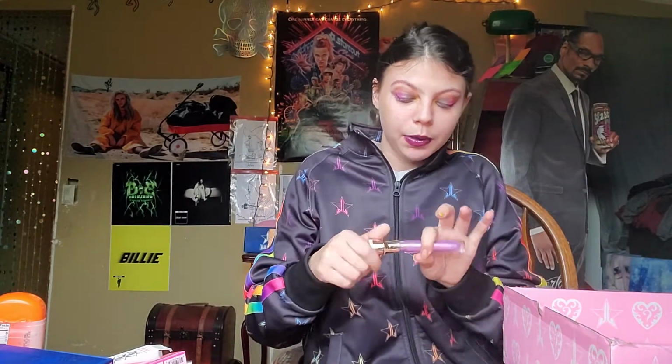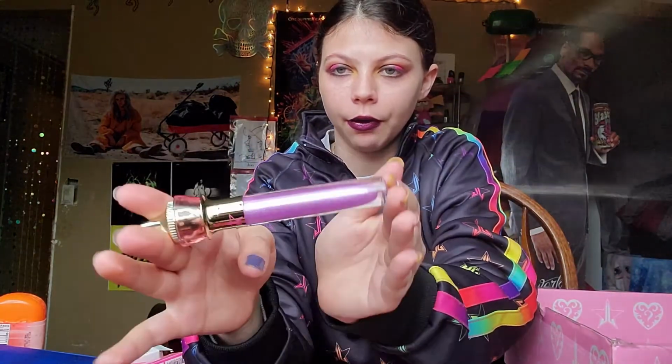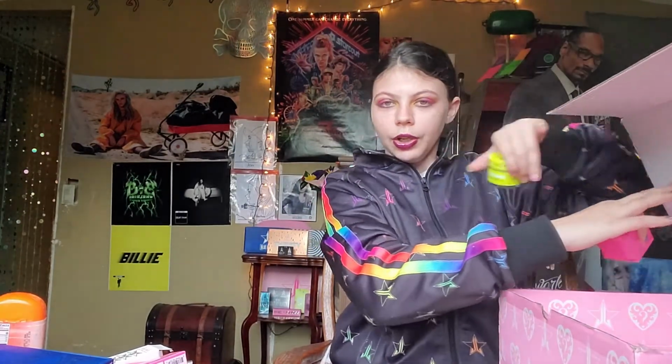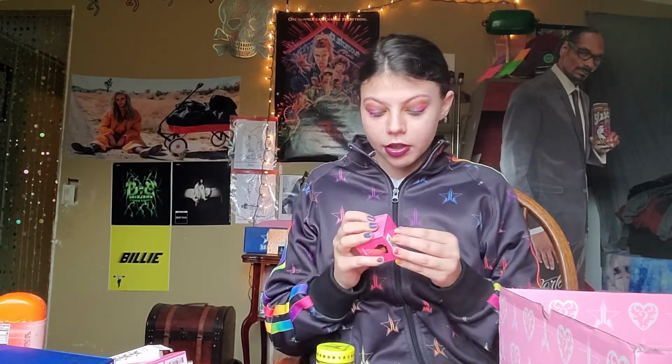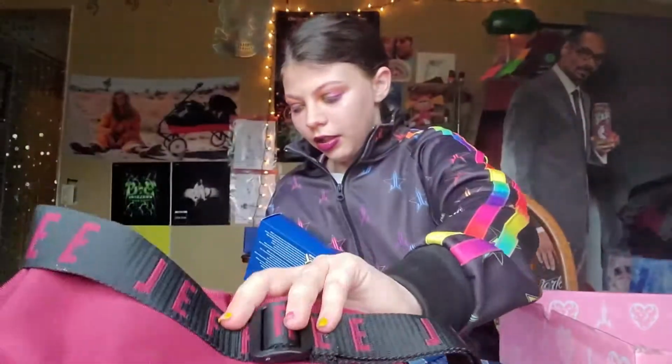So this is like a really pretty, almost like a really purple Urkel type color. And then thank God I've bought 9 mystery boxes and have not got a velour liquid lip scrub. I have one over here in the flavor Lemon Sucker, but I just have one. I'm ready to add to the collection. So this is in the flavor root beer. 9, 10,